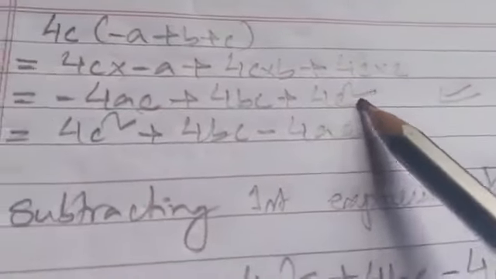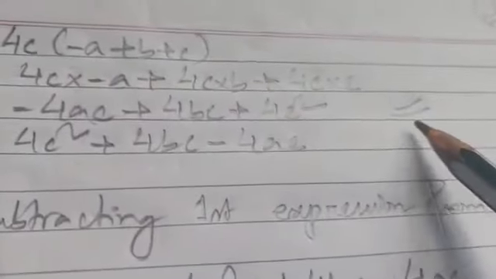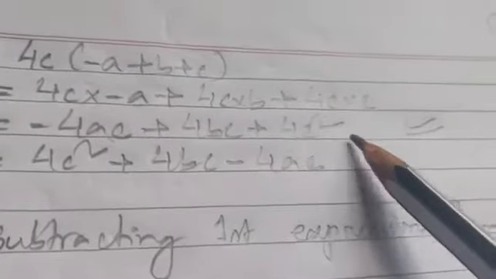Then now what is left? Only this one. So this into this. That means to remove the bracket we multiply, so into this. Then at the end, we are getting this minus 4AC multiplying, then plus 4BC plus 2c, so this is 4c square. And again I have given this sign here because you can stop here, or if you are comfortable you can go to the next line. What we did here,